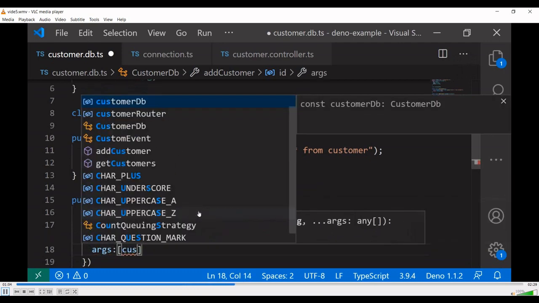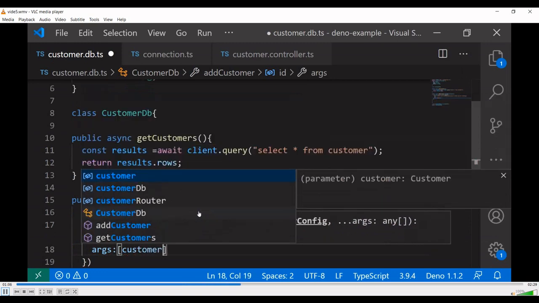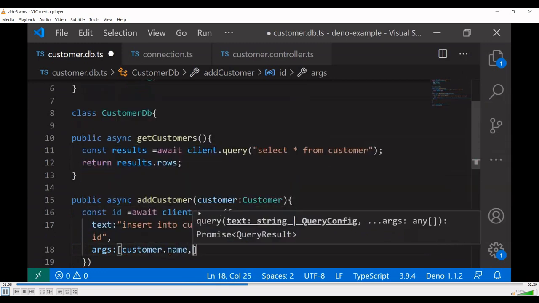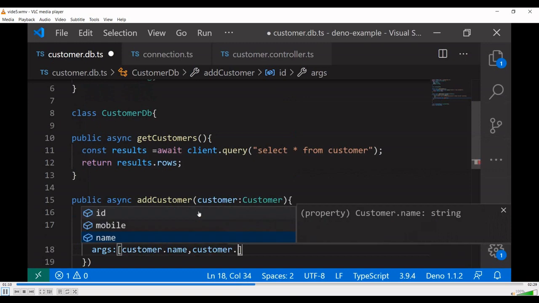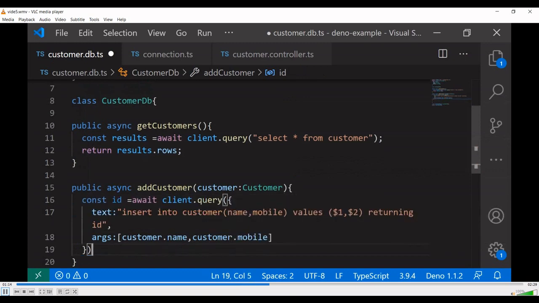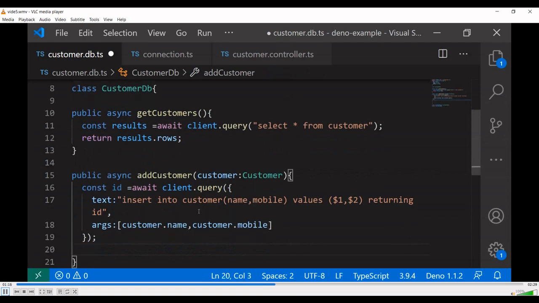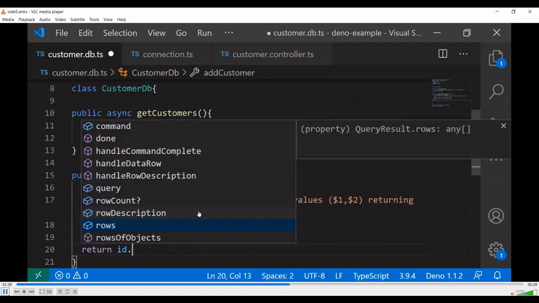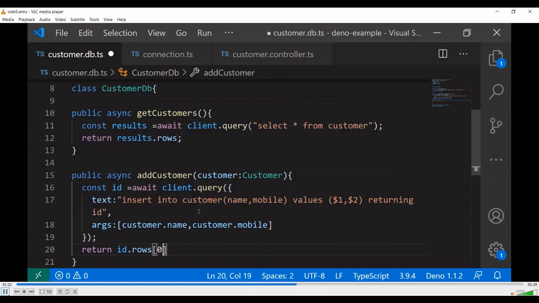Arguments of customer dot name is the first argument, customer dot mobile is followed by the arguments. The results will have more information. Dot rows of 0, that means it will return the information like an array of objects. So the array of 0 will have the ID information.